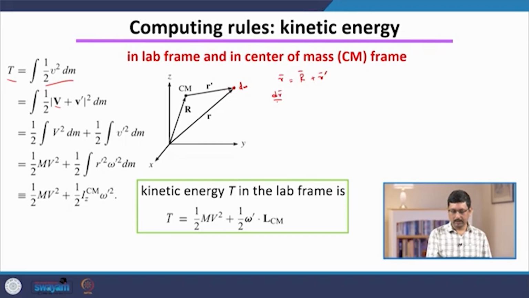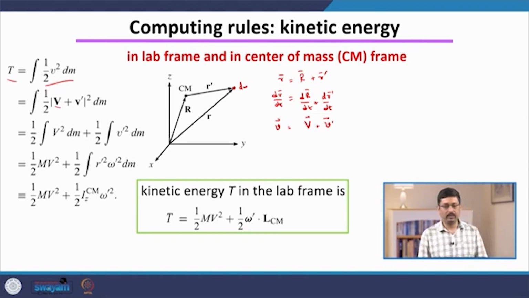So, if I take the derivative in the lab frame, this is our v, and this is capital V, which is the velocity of the center of mass, and this is v prime, which is the velocity of the point with respect to the center of mass. So, then our v square is (V plus v prime) square, and then if you expand this square,